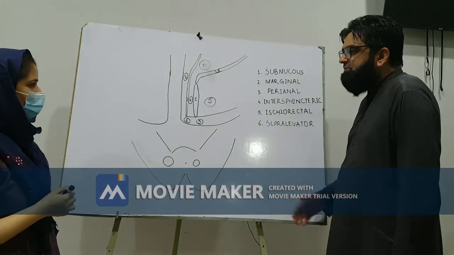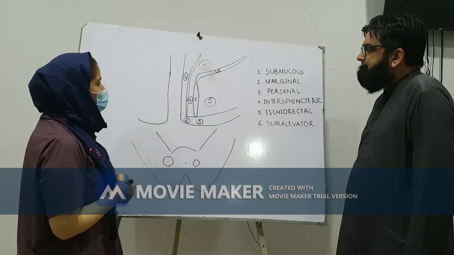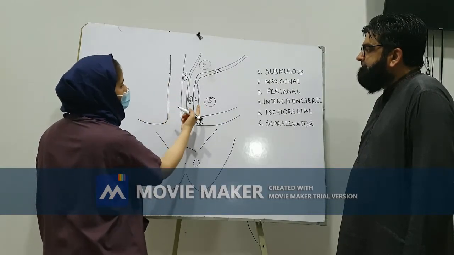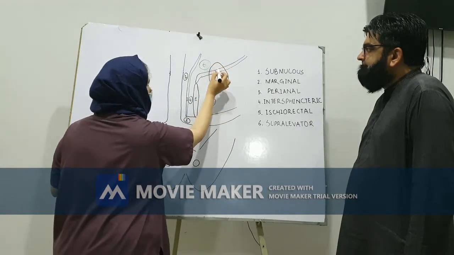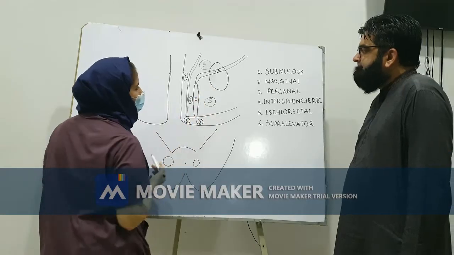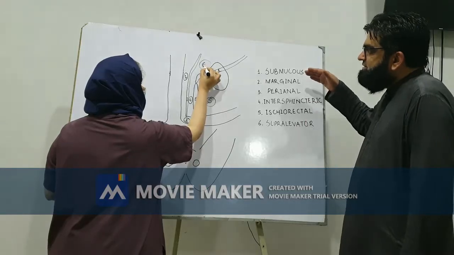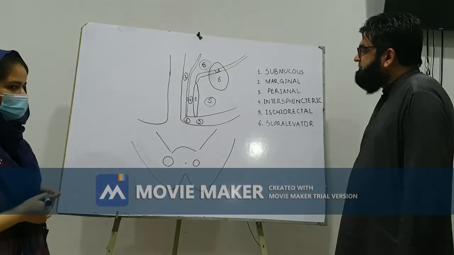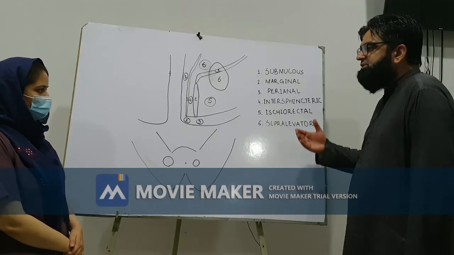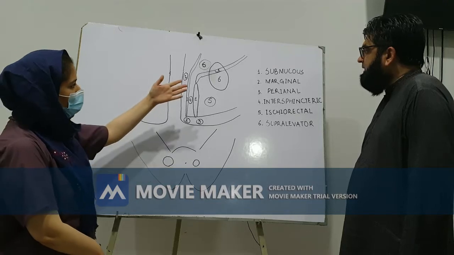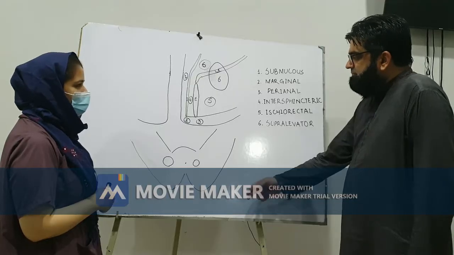Dr. Sabha, supralevator can be of 2 different types. Yes, supralevator can be an isolated supralevator abscess as I have shown you here, or it can be associated with ischiorectal abscess. So this is supralevator abscess with associated ischiorectal abscess. This is also the sixth. So these are 6 different types of perianal abscess. Can you draw the incisions for these different perianal abscesses? Yes sir. The first 4 kinds of abscesses are drained by radial incision with excision of hanging edges.